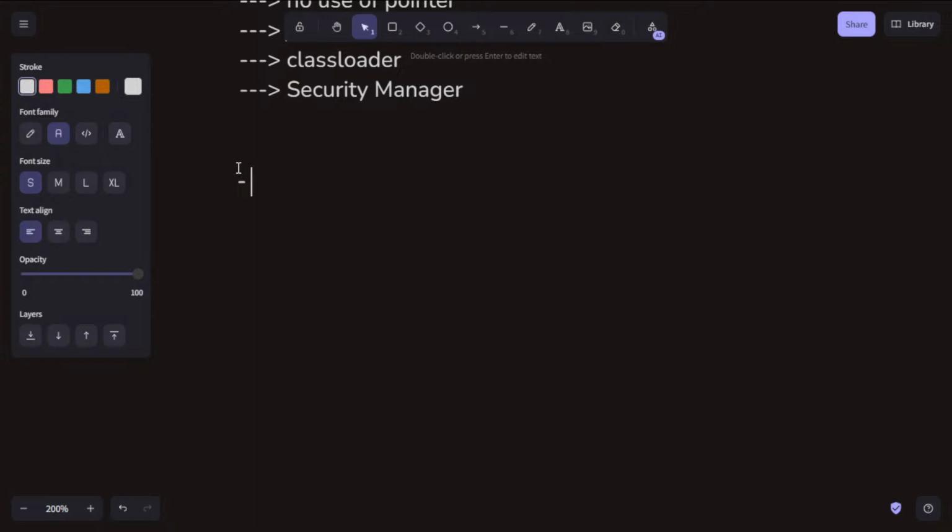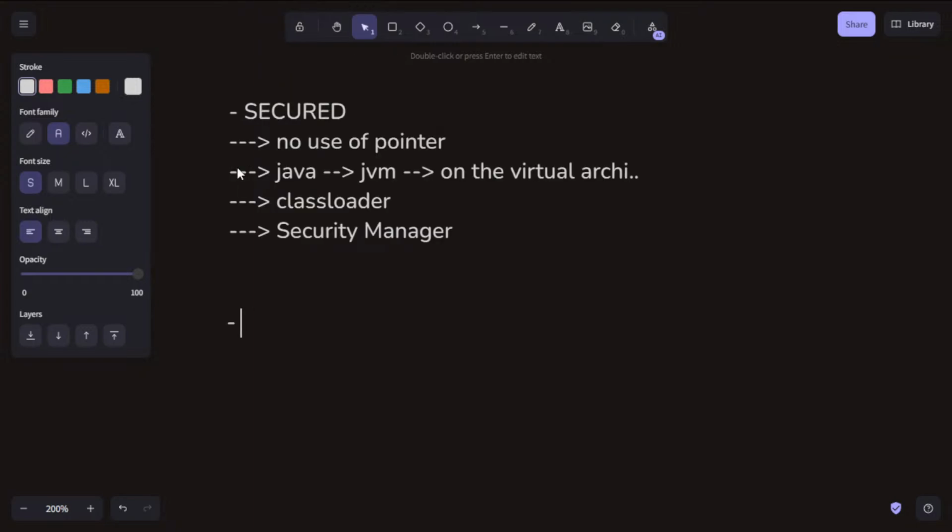We are following a case sensitive language, so all the things that we create here are robust. How is a Java program robust? First, it uses strong memory management.